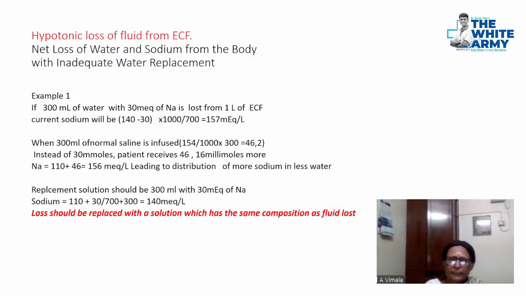So this 46 sodium gets redistributed in a lesser amount of water, and the sodium becomes 156. Replacement solution here should be 300 ml of water, which contains only 30 milliequivalents of sodium. If you use normal saline, we know that this contains,